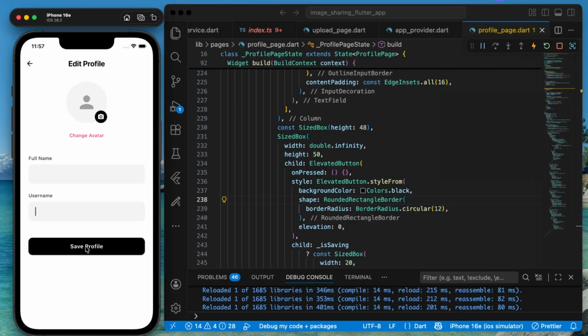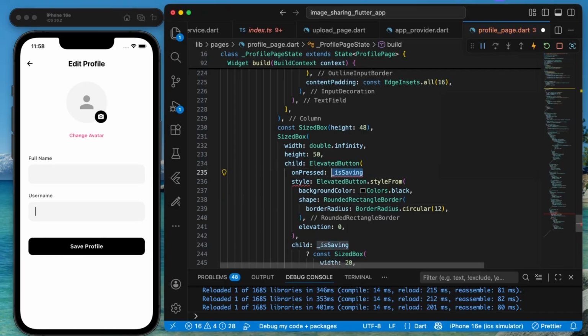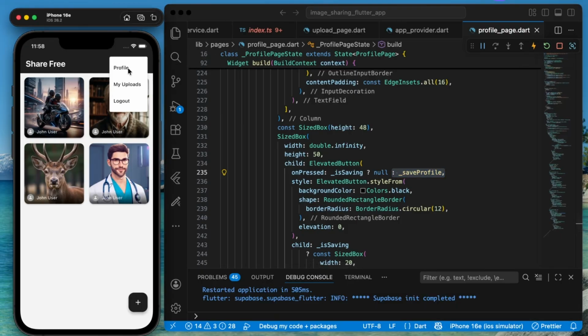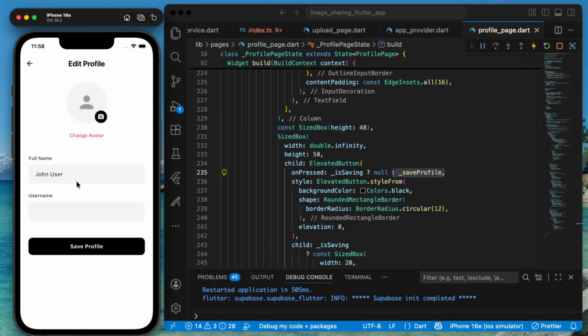Now we need to link the save profile function. It will not be a void function. If is saving is true, in that case it will be null. Else here we'll call the _saveProfile function. Now let us try to restart this. Now here when we visit the profile, here it's only loading the full name, as currently we only have the full name set. Now let's try to change our name